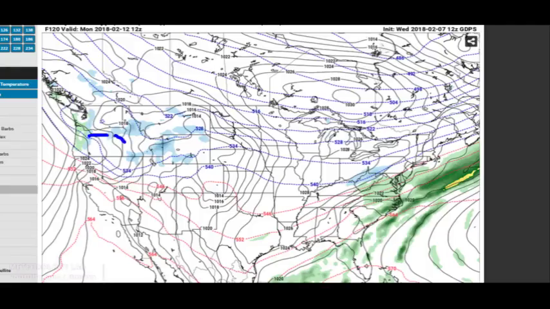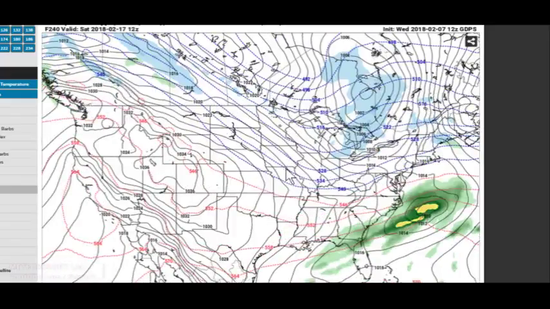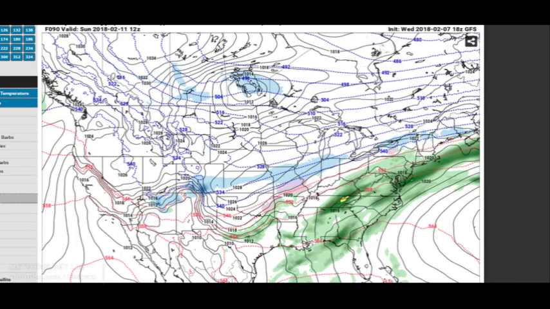The next one, this is going to be associated with that upper level disturbance. So Gulf Coast system around the 16th, around the other side of that high, and then pretty quiet. Looks like an Alberta Clipper coming south around the 16th, and Plateau High building into the west. Okay, and let's look at the